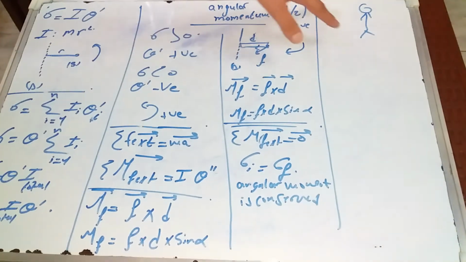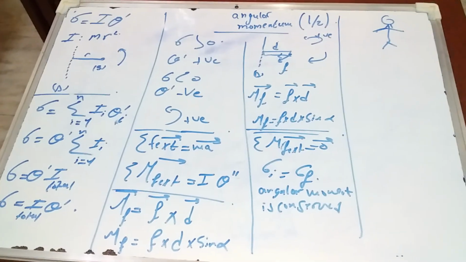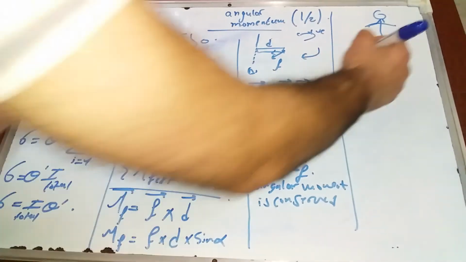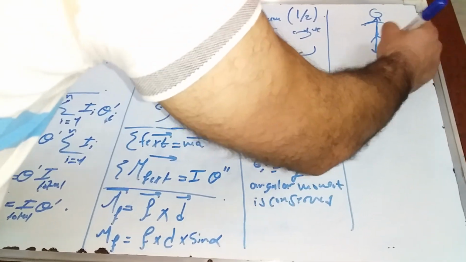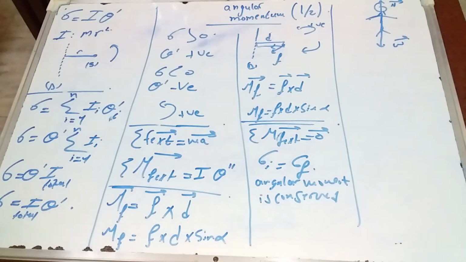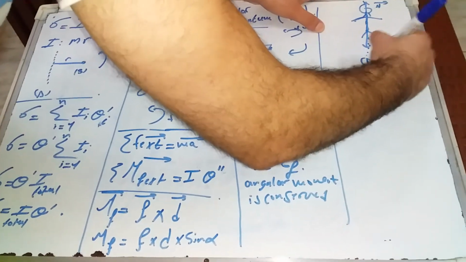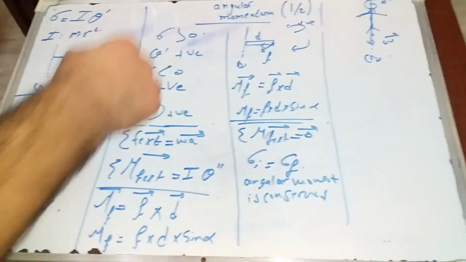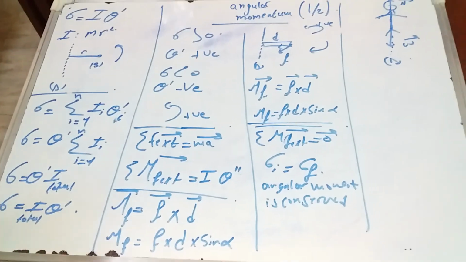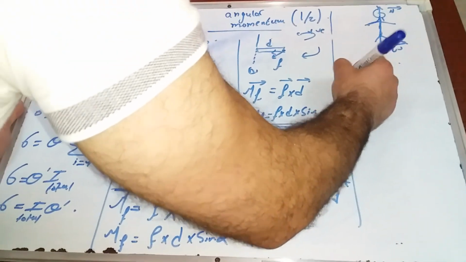Now let us take an example about a belly dancer. The system is a belly dancer with stretching arms. The external forces acting on this dancer are only her weight and the normal reaction. This is the axis of rotation. Because these two forces are passing through delta, therefore